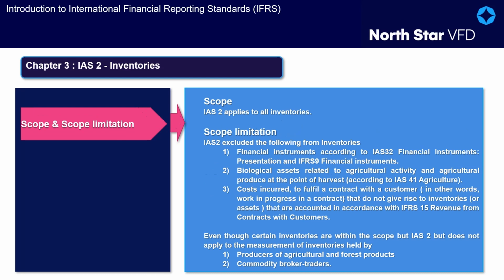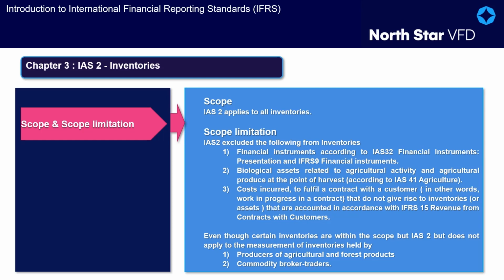The IAS 2 Standard, its scope and scope limitations. The standard applies to all inventories. IAS 2 excludes the following from inventories. 1. Financial instruments according to IAS 32 Financial Instruments: Presentation and IFRS 9 Financial Instruments. 2. Biological assets related to agricultural activity and agricultural produce at the point of harvest, according to IAS 41 Agriculture. 3. Costs incurred to fulfill a contract with a customer, in other words, work in progress in a contract,